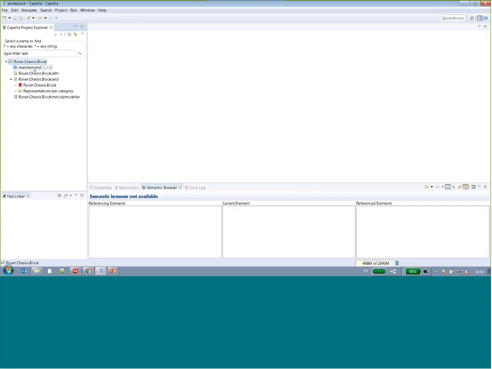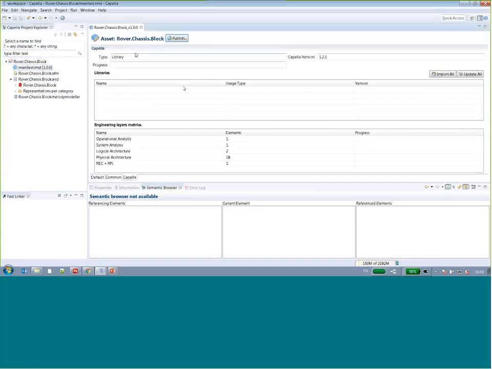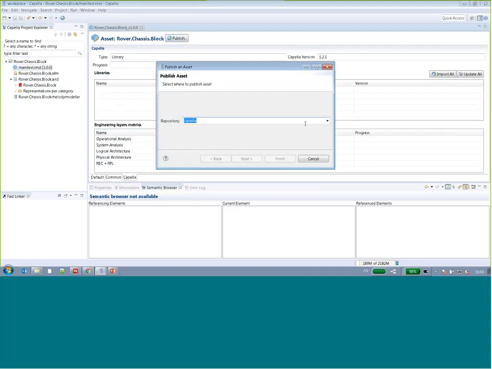And so a manifest is automatically created here. And in the manifest, all the Capella information is automatically captured. So this is a library. It's been designed with Capella 1.2.1, and these are some metrics of the library. And from there, I can publish the library in my repository,